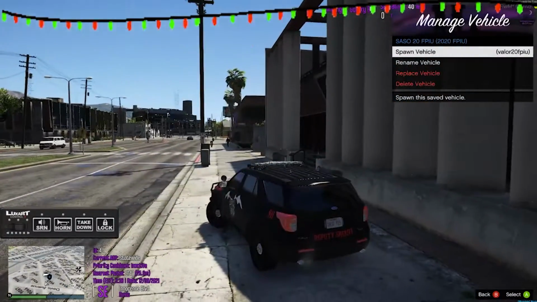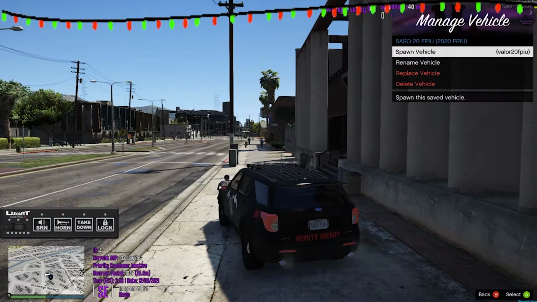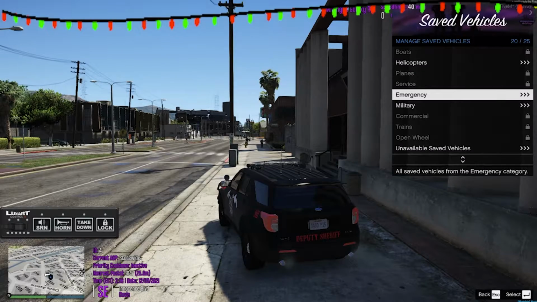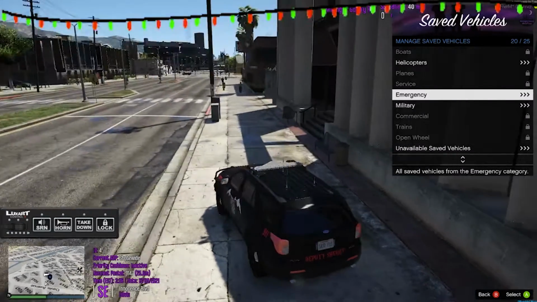So, I do like the 20 Explorer. The sad part is, though, I can't run any of these slicktop or ghost because I'm only a deputy. So, yeah, that's really the three cars that I main.